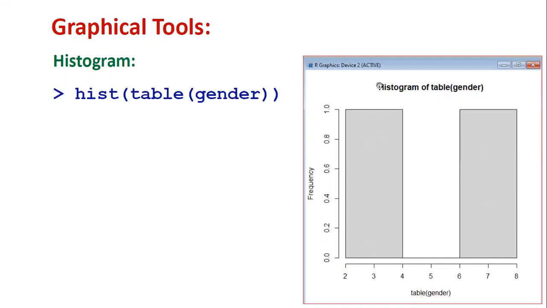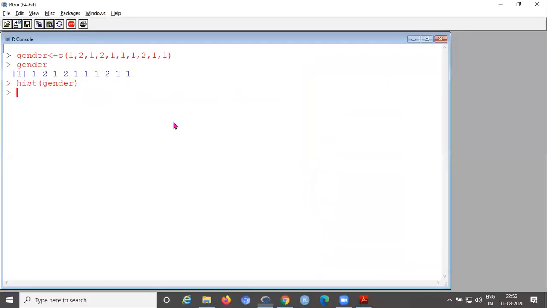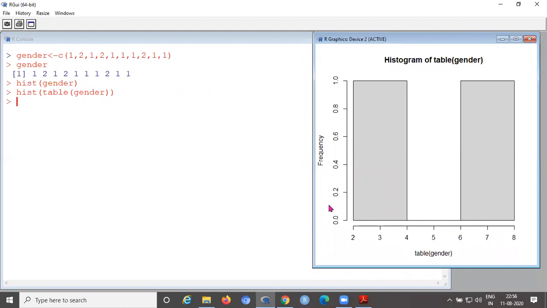Based on that, it divides. Now we'll also execute this one: hist of table of gender. Here you can see this histogram. The heading also came: Histogram of table of gender. The x-axis is named with the same, table of gender.